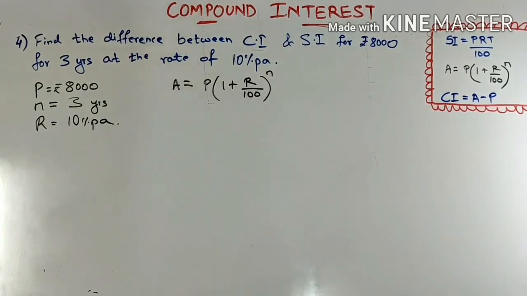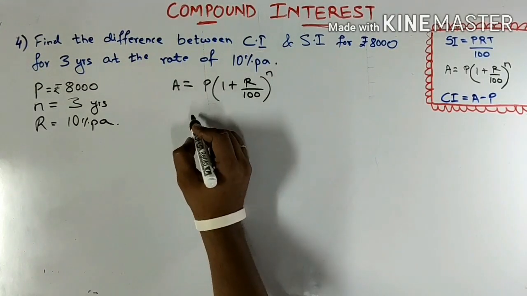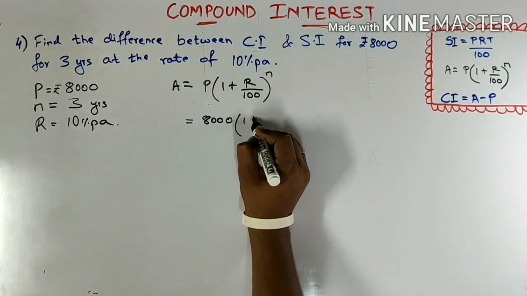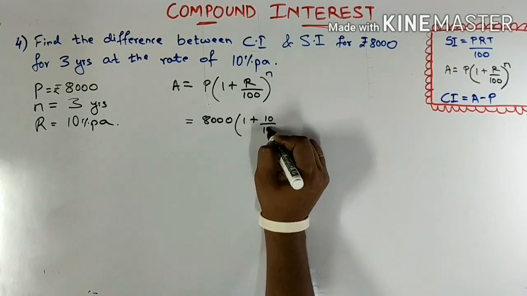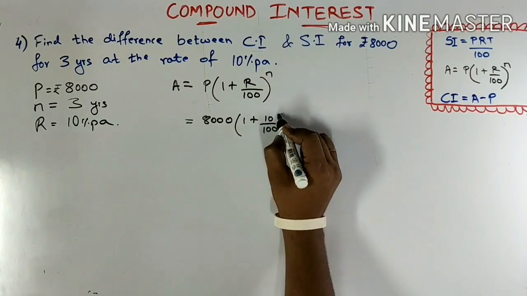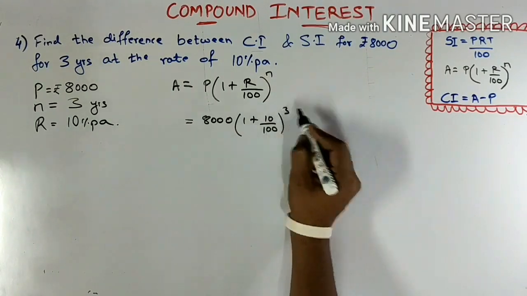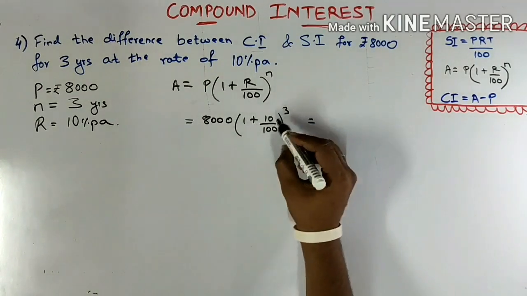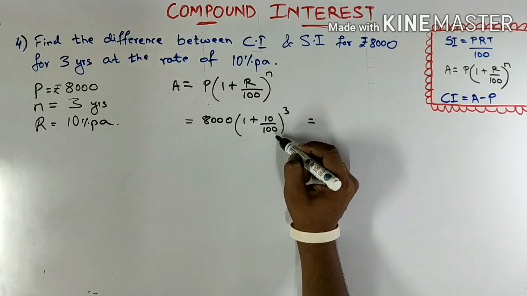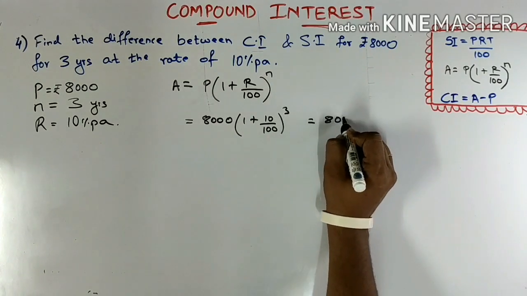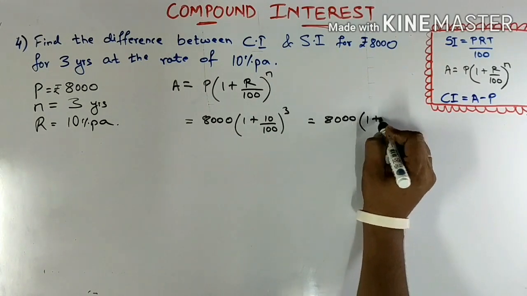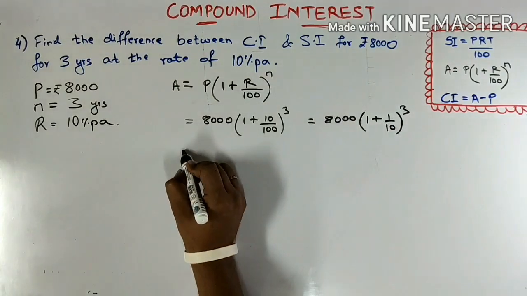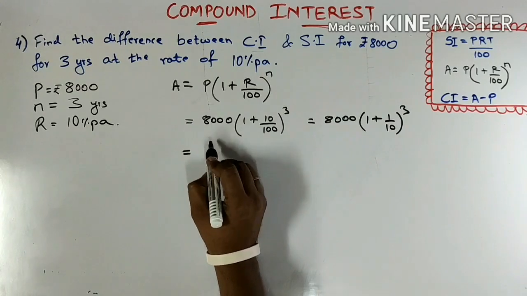So substituting the values, we get 8,000 into 1 plus 10 by 100 raised to the power 3, which is nothing but divided, so it becomes 1 by 10. 8,000 into 1 plus 1 by 10 raised to the power 3. Taking LCM and adding, it becomes